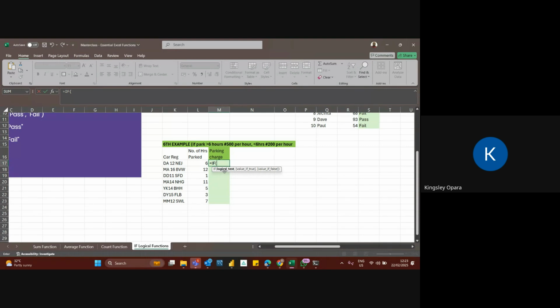So we're telling Excel, if this number of hours, which is what is going to be entered in this column, all right, if this number of hours is greater than, okay, 6, all right, if it's greater than 6, comma, then that is my logical test.